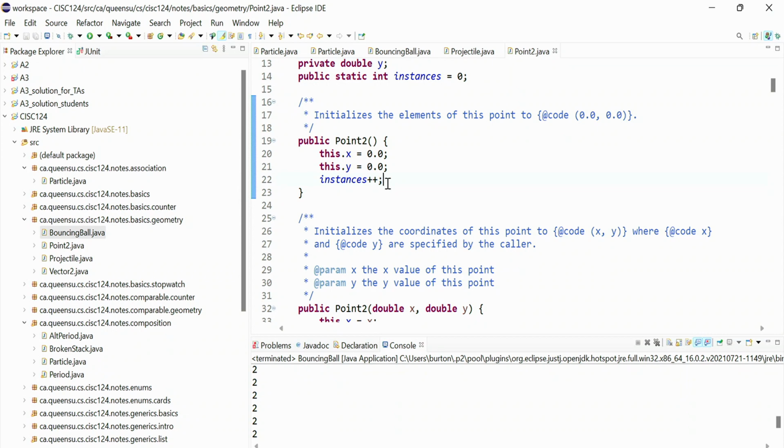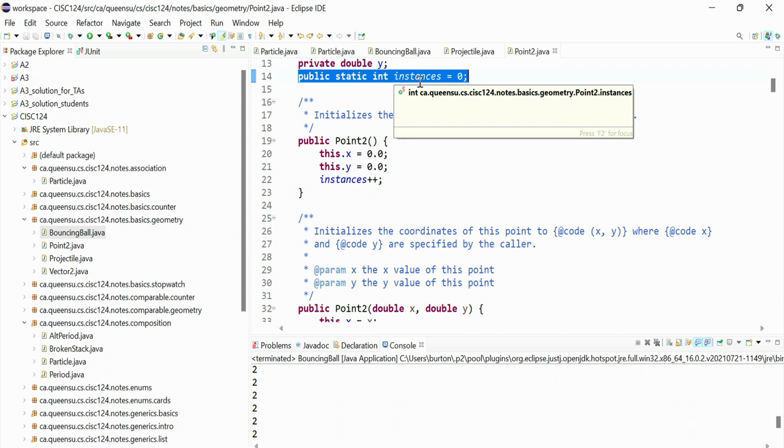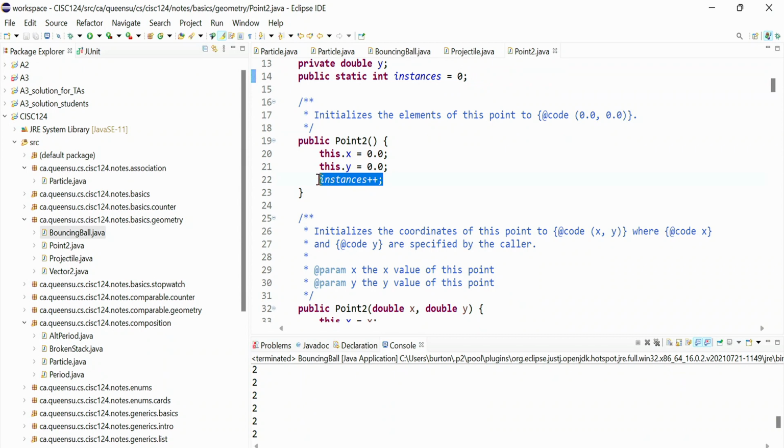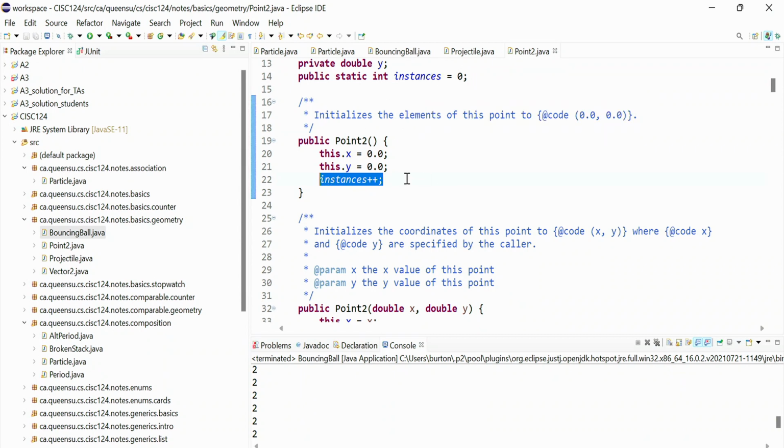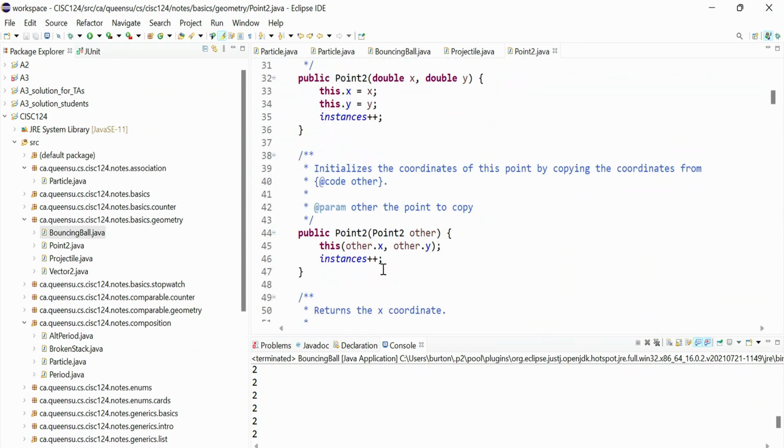Now remember, it's static, so there's only one copy of this field, and it belongs to the class. In other words, all the Point2 objects share that same variable right there. They don't have their own individual copy of instances. So whenever I touch instances, the one copy changes. Whenever inside every constructor I increment the value of instances, this lets me keep count of how many Point2 objects the program creates. So when I run this program,